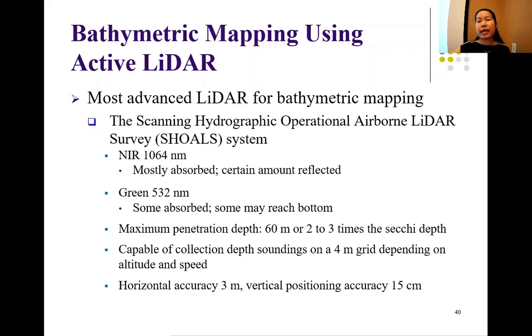So therefore, in recent decades, there is also a development of the bathymetry LiDAR system. For example, in this scanning, the one called scanning hydrographic operational airborne LiDAR survey system. On this system, it had both near infrared and green band. Basically, the near infrared is the band that they typically use in the urban area. In the water area, it will be mostly absorbed, and they may have a certain amount of reflectance, which means that